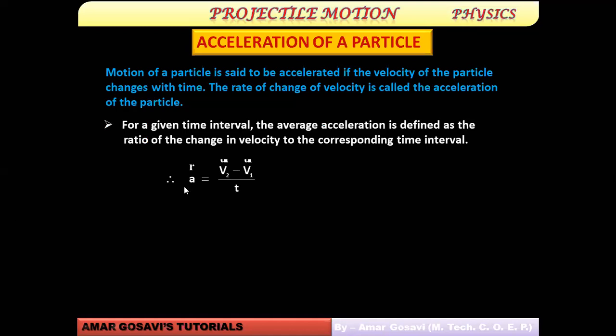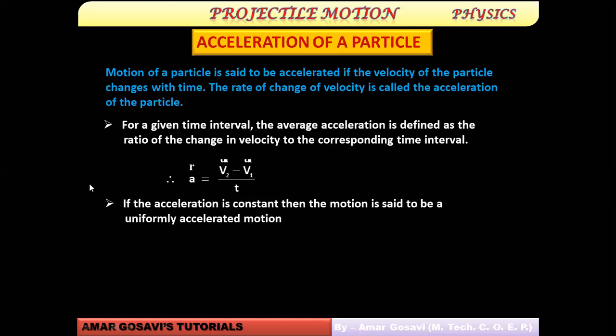Here you can see a bar on top, which represents a vector quantity, the change in velocity: final velocity minus initial velocity, divided by time. Whatever is there at the top, you can see the typological error, you just put it as a bar. The bar represents that the quantities mentioned are vector quantities. Slowly we want to study vector quantities in greater detail, because we have to study vectors for understanding motion. We are dealing with basic parameters like velocity and acceleration.